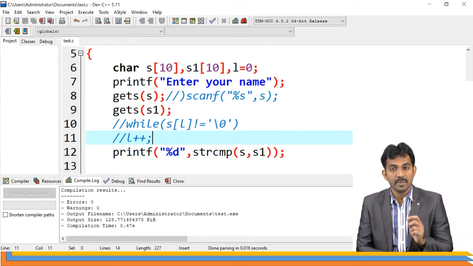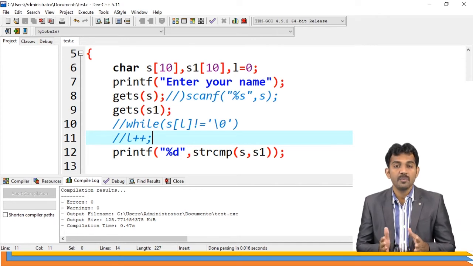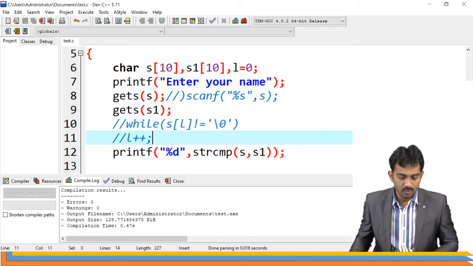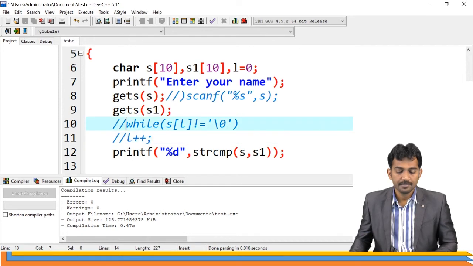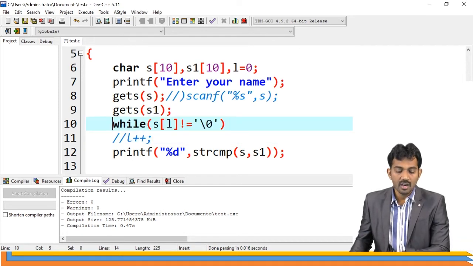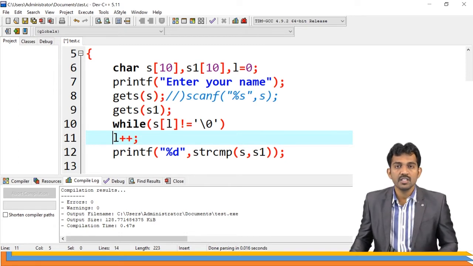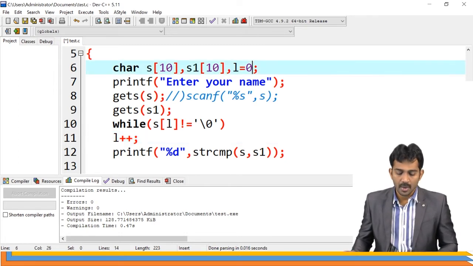When it mismatches, then you need to perform the subtraction operation between the two. We're going to do that one. See, already I have performed: L is the variable that tells the size of the first string, right? And I am also going to take L1.